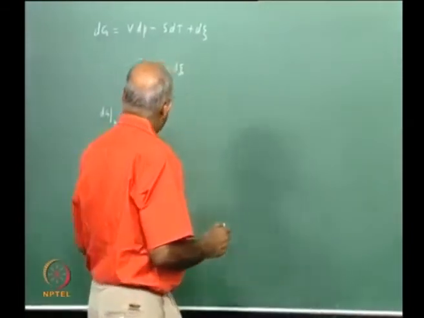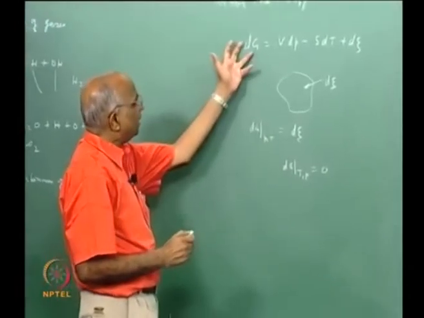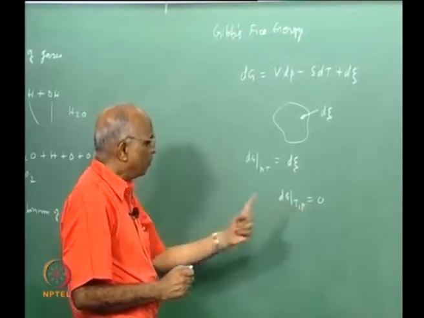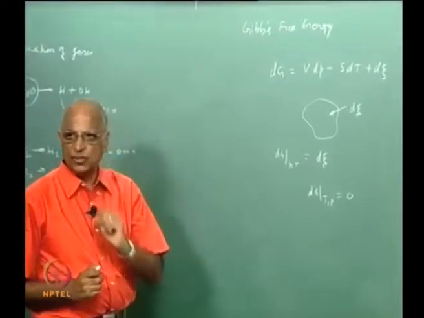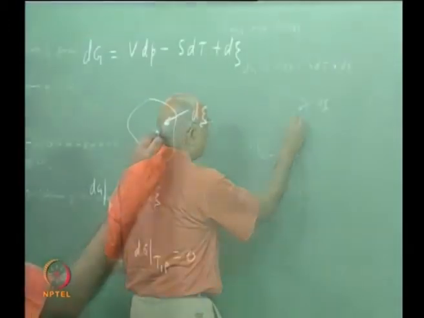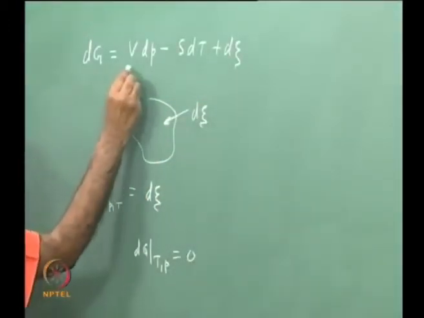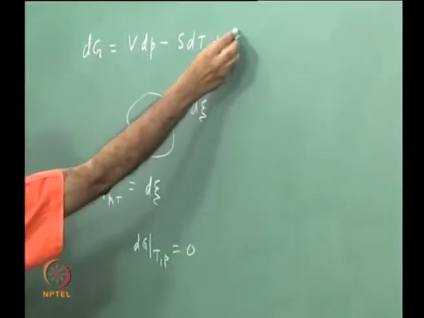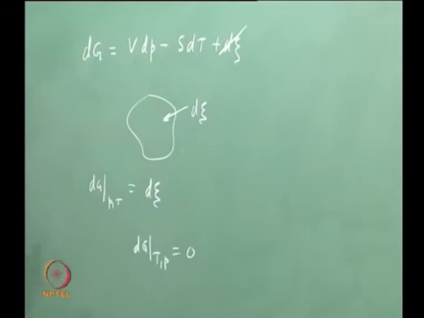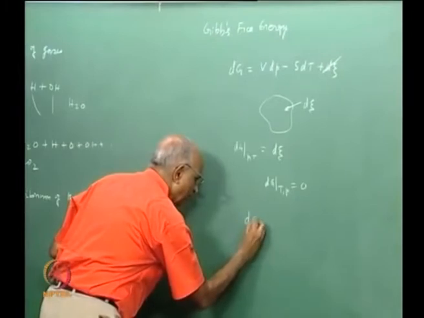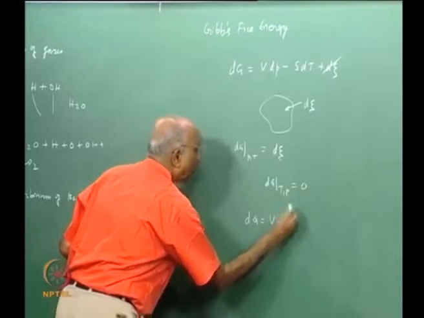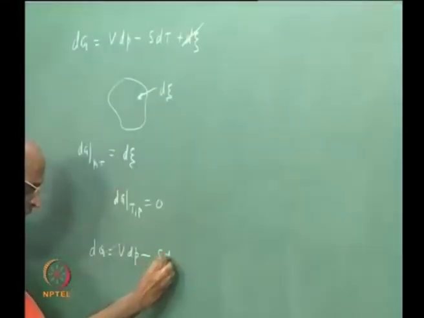If this is clear, let us go back to this definition. We said dG is equal to 0 at constant temperature and pressure for a single medium, for a single species. Now this particular dG I wrote as dG is equal to VdP minus SdT, and I am considering this, maybe let me forget about the equilibrium part, maybe some non-PDV type of work being done. I ask myself, supposing I have dG coming from a variation in pressure, VdP, minus a variation in temperature, SdT,